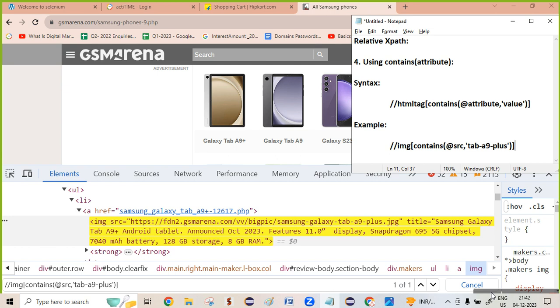By using any one of these four kinds of XPaths, we should be able to identify any element in a web page. Any element in a web page can be identified by this. By using absolute XPath and relative XPath using attributes, text function, contains text and contains attributes, we are going to start learning a new kind of XPath, called XPath for dynamic elements, that we will be learning in tomorrow's class. But before that, I will be asking